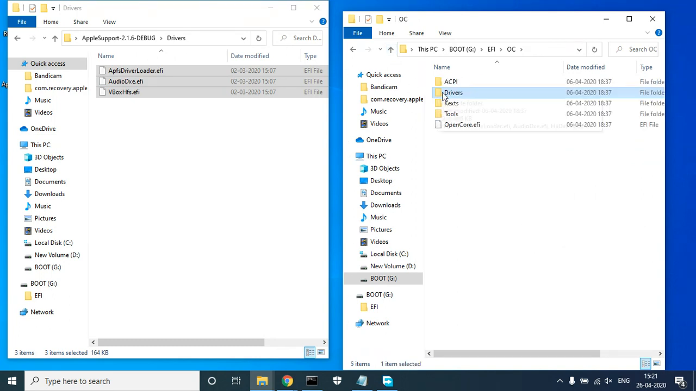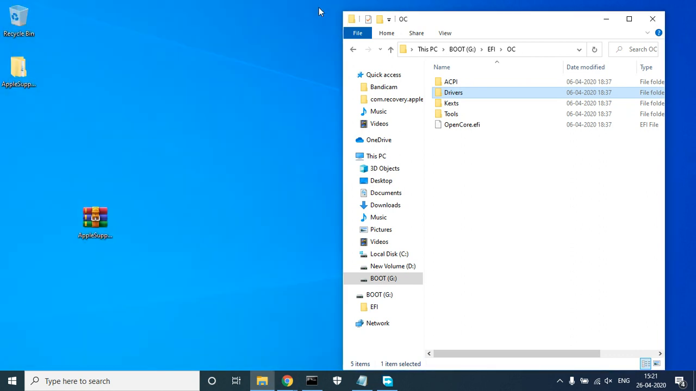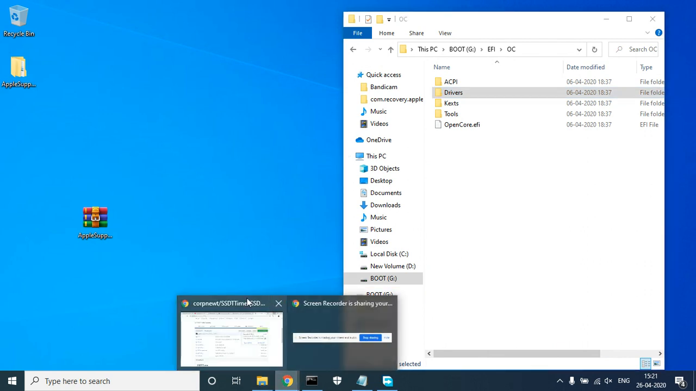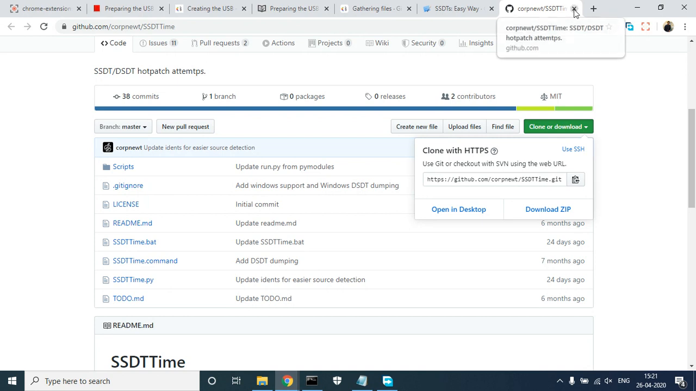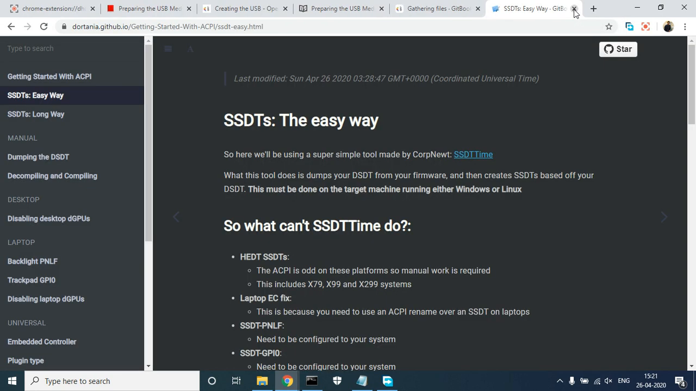Now similarly you have to create your kext folder. If you have any problem, you can read the guide in detail for what kexts you need. Now after placing the drivers, you have to do a little more work. Don't worry. After creating this SSDT, the last step is configuring your plist. So for configuring your plist,